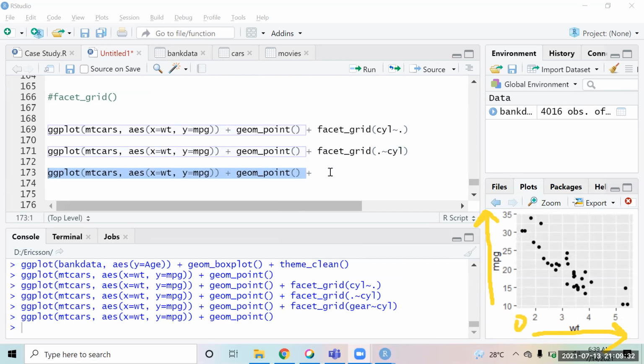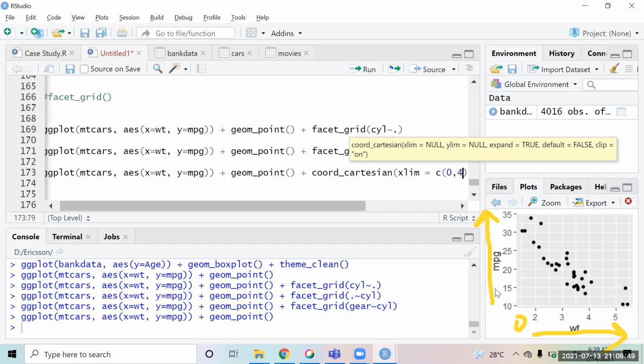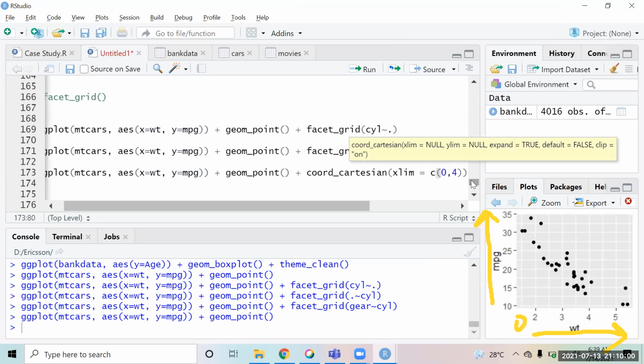So coordinates is basically just right over here. coord_cartesian. If you say xlim equal to c, you say 0 to 4, right? What this is going to do is on the x-axis it will only show the data from 0 to 4, and the data after that will be removed, or filtered out from here.